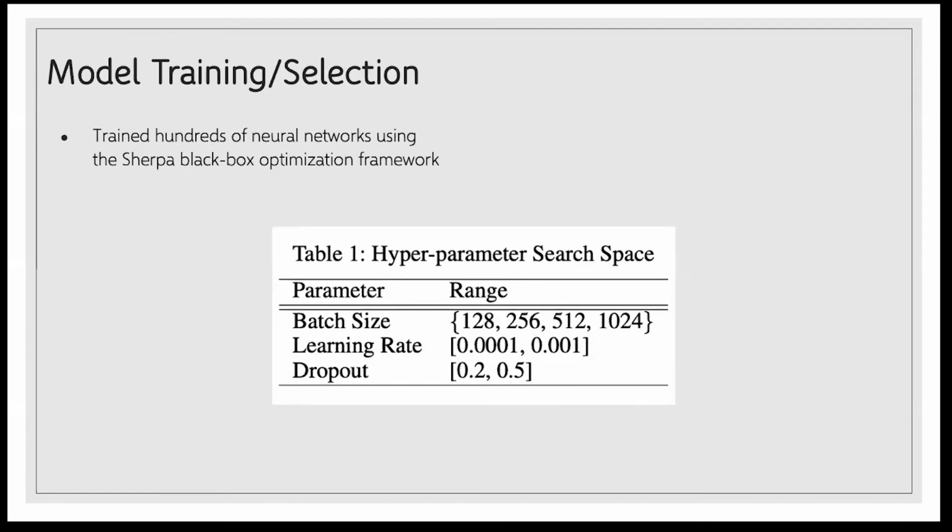So in terms of model selection and training, we trained hundreds of neural networks using the Sherpa black box optimization framework. This includes coming up with our final model architecture, but also tuning the hyperparameters that we use. This includes the batch size, learning rate, and dropout. And the search space is depicted here. But in addition to that, specifically for our model training,